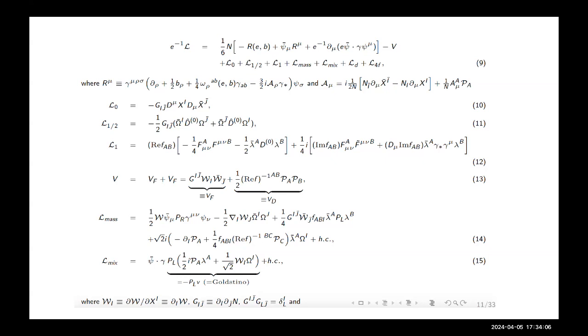And also, this is the spin zero kinetic term. This is the spin half kinetic term. And this is the spin one kinetic term. And this is the finite supergravity scalar potential. You see, actually in supergravity, the form of the scalar potential can be determined in this way. So in addition to the top line, equation 9, the action,